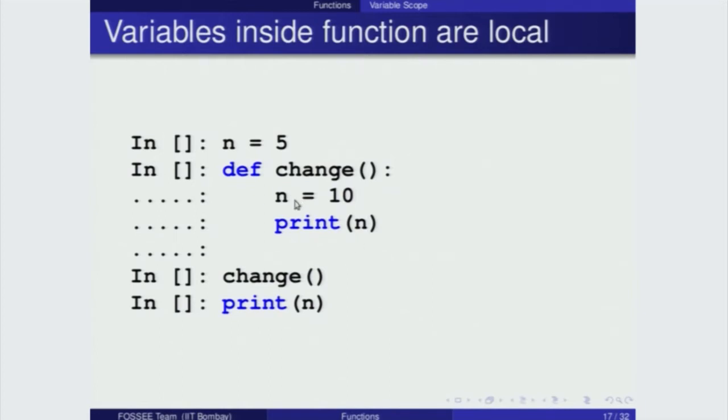That is not so surprising, but the next line is surprising perhaps for some of you, because when you say print n, you may think it should have been 10. No. Remember that this n is completely local to this function, so it does not change the outside n. So you will get 10, and then the next print will be 5. Again this shows you that variables inside a function are local,